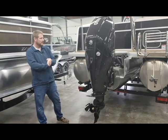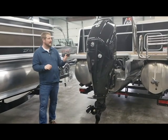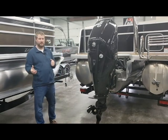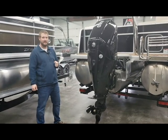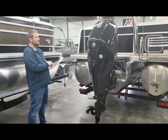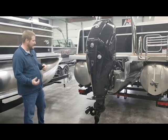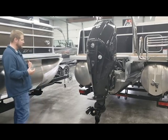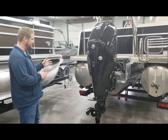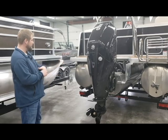So on the back of these boats here, guys, I want to talk a little bit about what we have these boats powered with. On my 250, I have it powered with the Mercury 300 V8 DTS engine with power steering. And on my 230, I've got it powered with the V8 250 DTS engine with power steering. Now both of these engines I'm going to have equipped with stainless steel props, and both of these pontoons are going to have the performance package as well, which is going to be a full center tune, the performance lifting